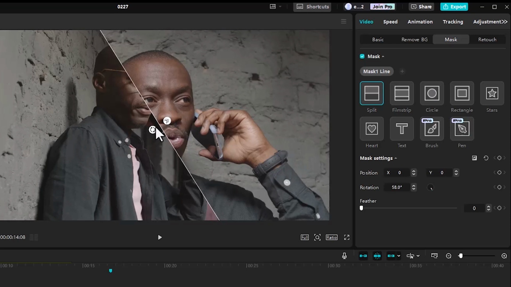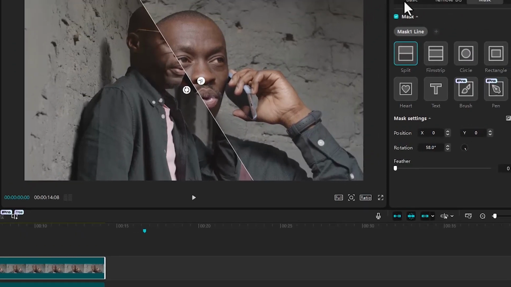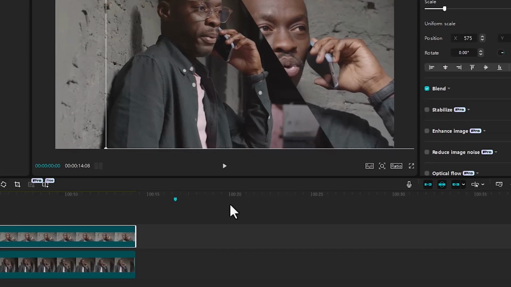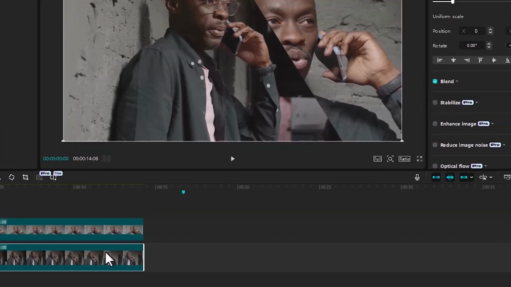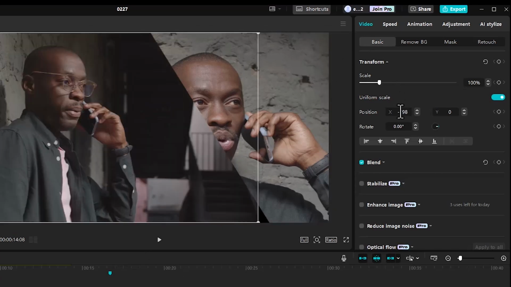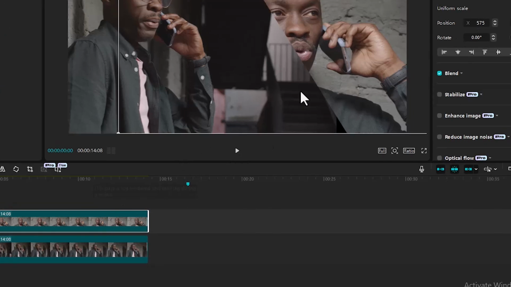The next thing you need to do is, while selecting the top clip over here, go over to basic over here and adjust the position of the top clip, and select the bottom clip over here, and under the basic property, adjust the position of the bottom clip also, and select the first clip over here and go over to